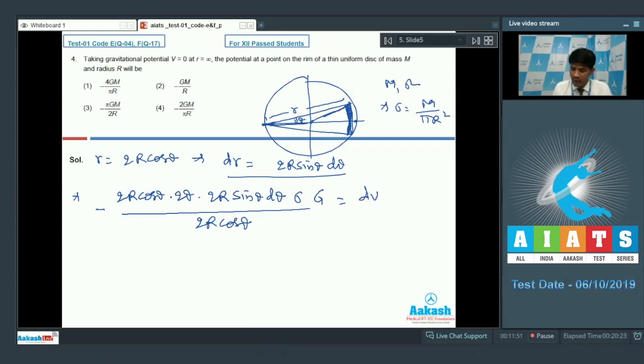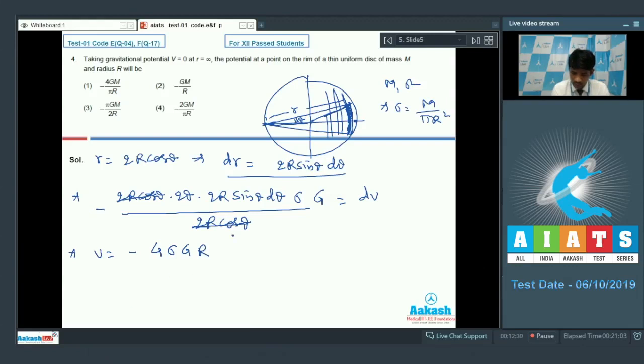So if I now integrate this variation of angle theta from 0 to 90 degrees, what I will have here is the potential because of all such small circular segments calculated at this point. So that will be our final answer. So simply looking at the options, 2r cos theta will cancel out here. So I'm having V equal to the integral of, look at the options here, sin theta d theta, and here theta, this is 2 into 2, 4, it is sigma into G, this is the negative sign here,